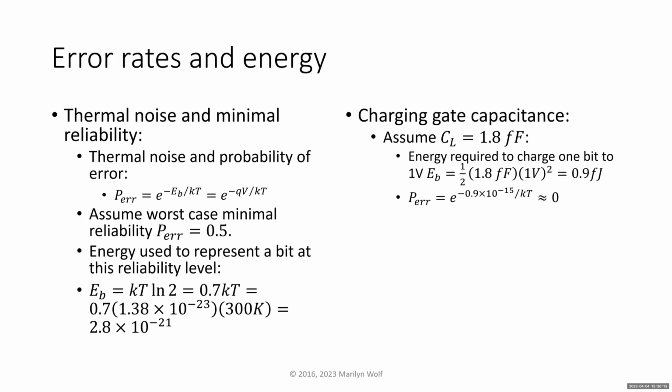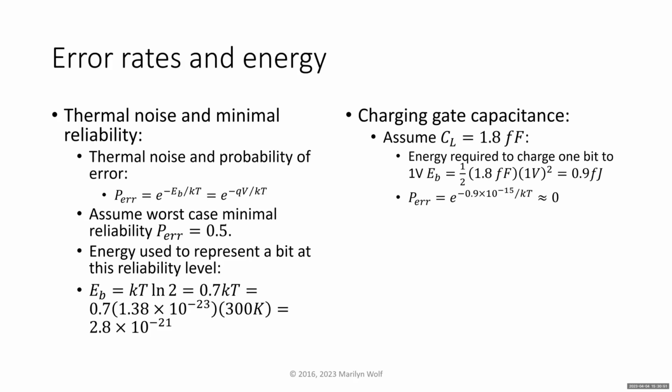So then we can plug in a bunch of numbers. Assume 300 Kelvin temperature. We've got Boltzmann's constant. The probability of error translates in this formula to a coefficient of 0.7. That gives us a bit error rate of 2.8 times 10 to the minus 1, which is not bad, but it could be better. Okay, so a more realistic model is to think about